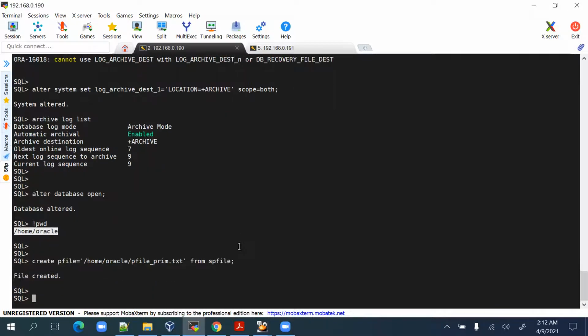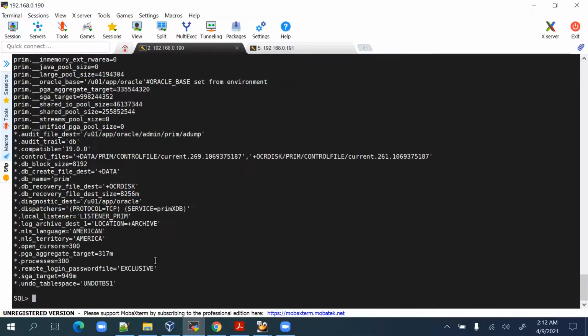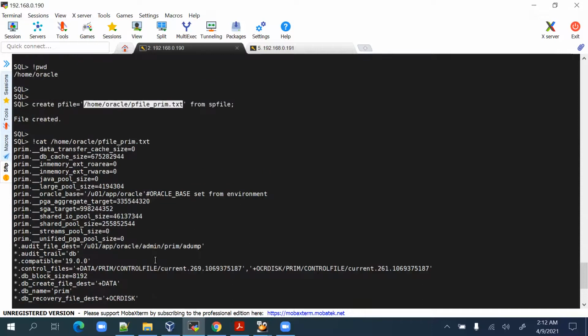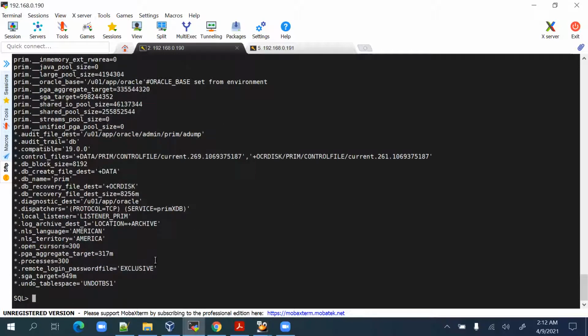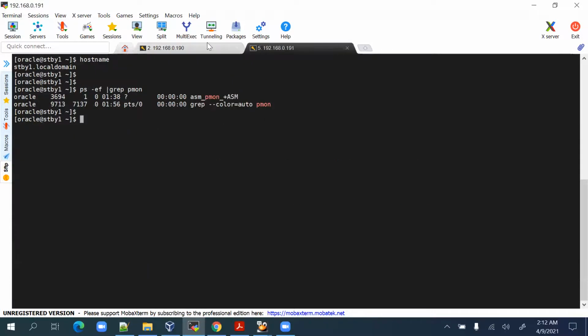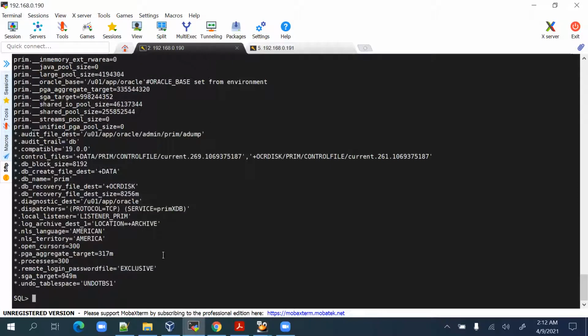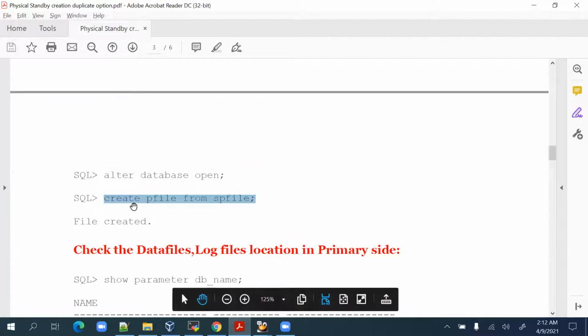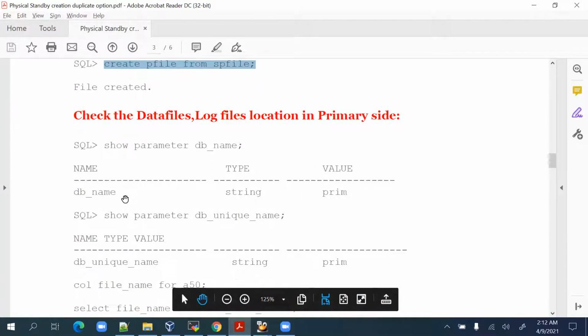Okay, so it will have all the contents of the primary database. Later we'll be modifying these parameters and starting up the database instance on the standby. Super. Okay, so these are the steps that we have completed so far, and now